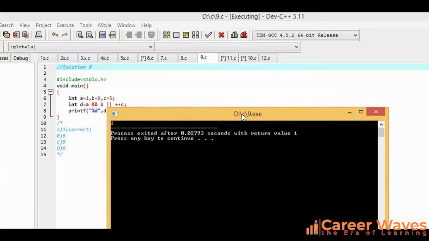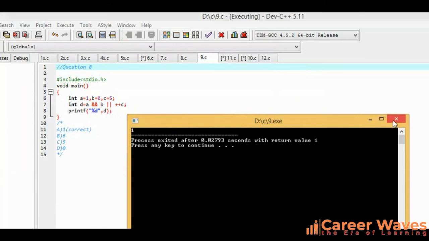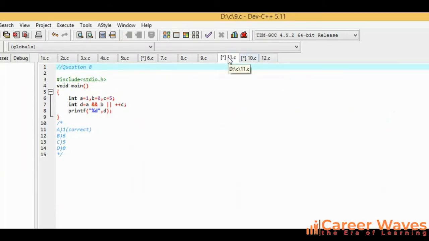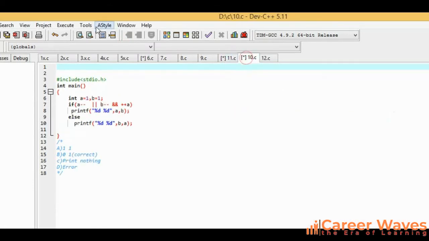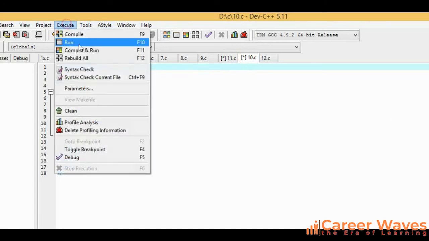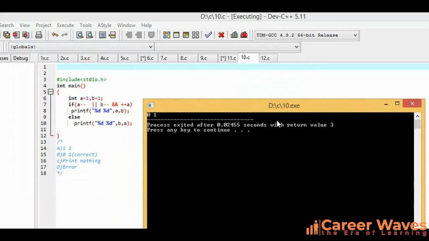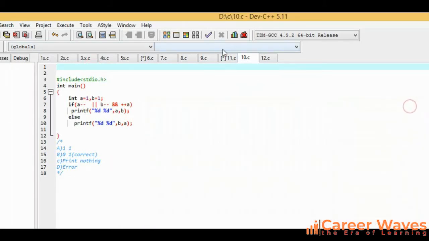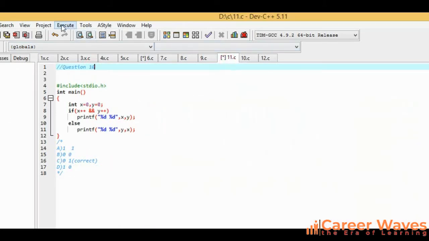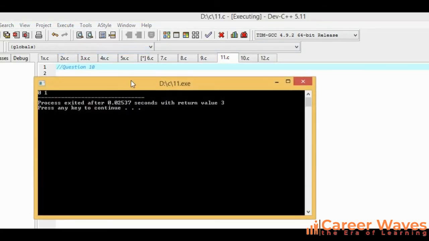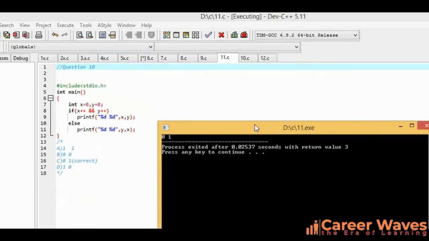So as you can see, the correct option is option A. Let us execute this question. So as you can see, the correct option is option B, 0 1. Let us execute this question. So as you can see, the option is 0 1, that is option C.